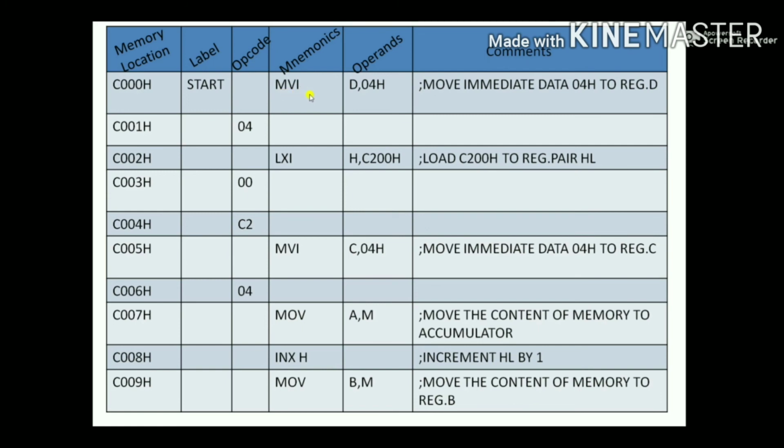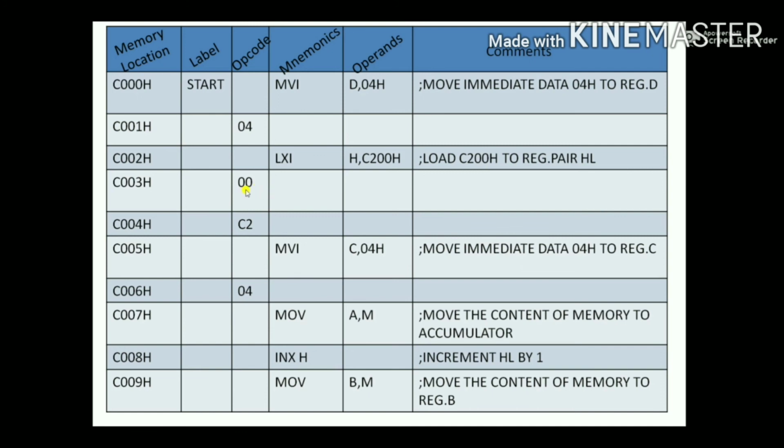Now the first instruction was MVI D, 04H. This is a 2-byte instruction. One byte is for the immediate data, so we will write down the immediate data 04 here. This instruction is used to move the immediate data 04 to the register D. Next is LXI H, C200H, which is used for loading the address into the HL register pair.